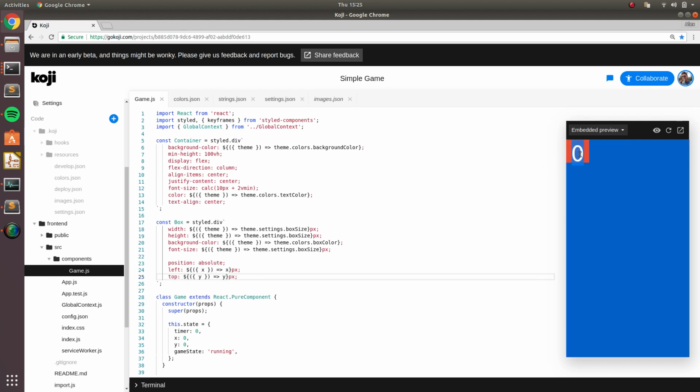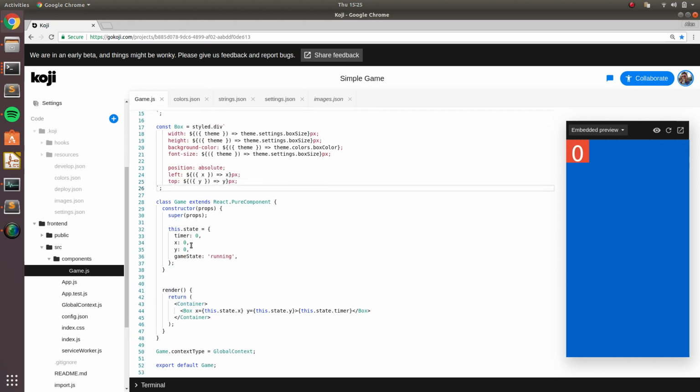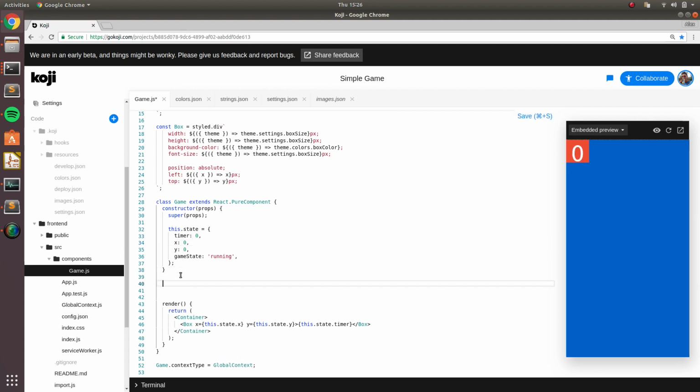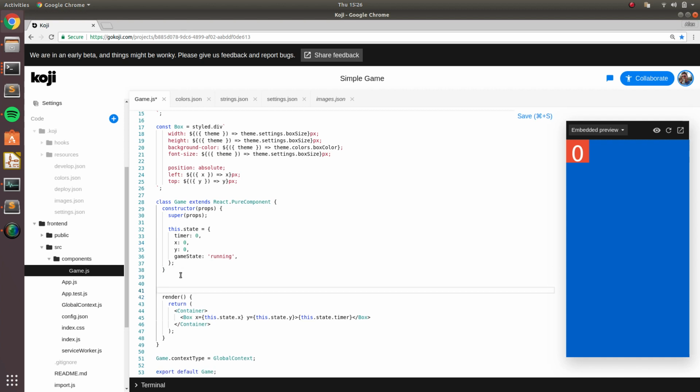So now we're in the top left corner, and let's make sure this works by going over into the initial state and changing this number to, let's say, 100. And that should move the box over to the side, which is exactly what we want. Wonderful. All right, so now we need to add some dynamic movement of this game, which is counting down the